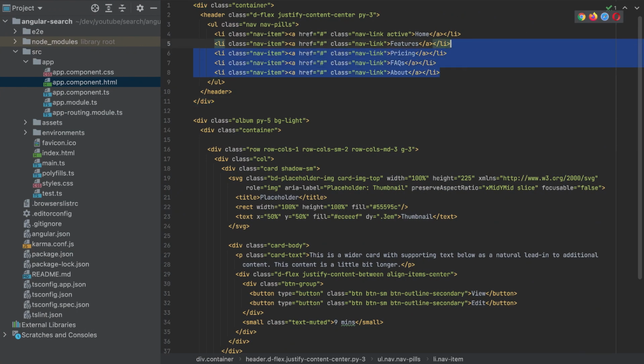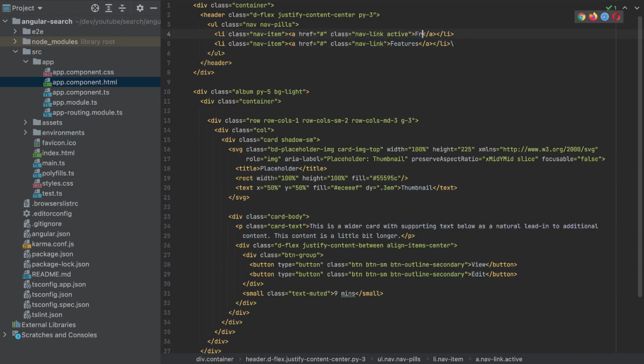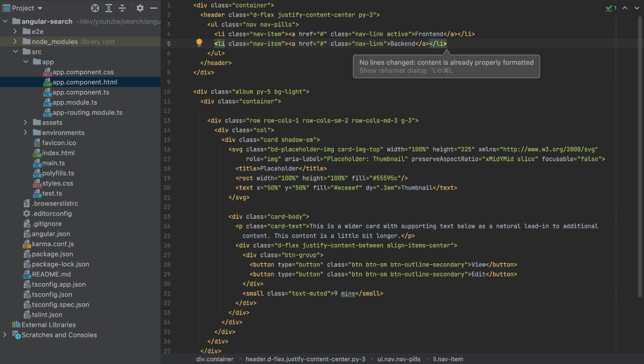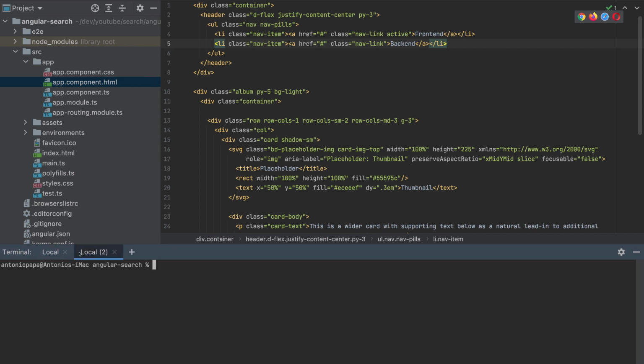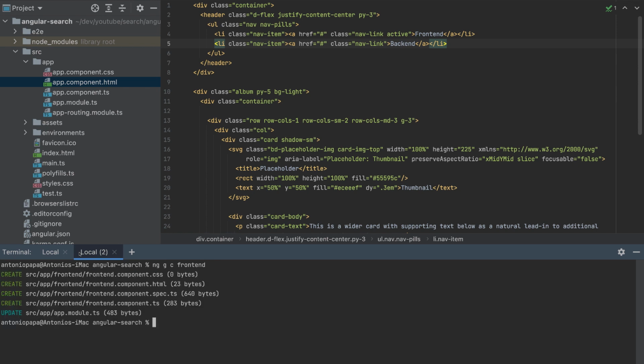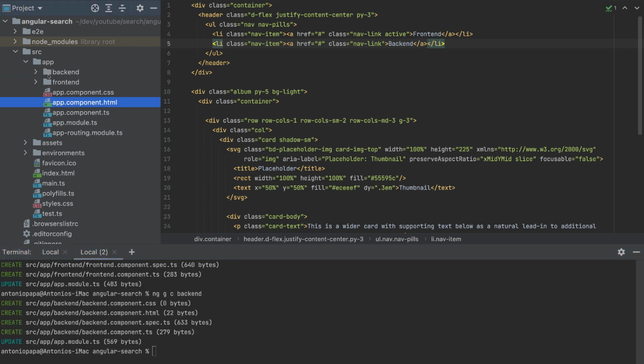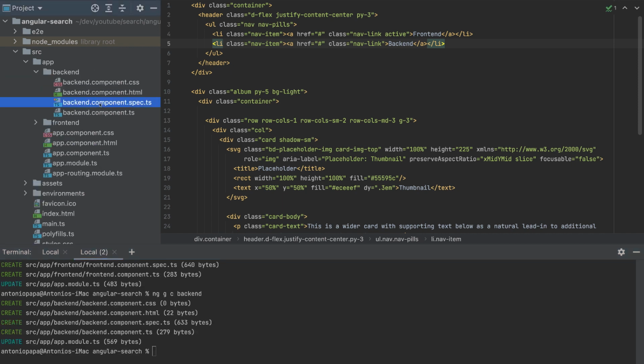Now let's make some changes. So let's add here frontend and backend. So we need also the components. So let's create two components by running ng generate component frontend, and the same for the backend. So we will create two components. Let's delete the spec files,